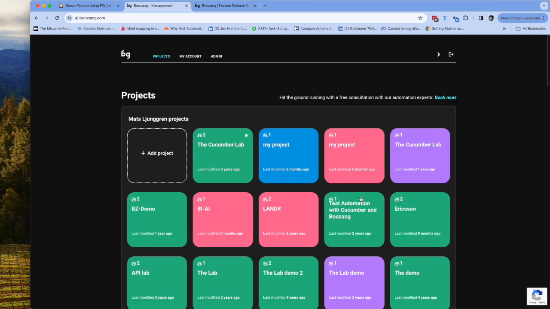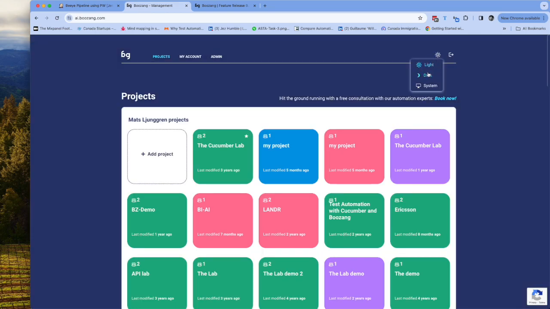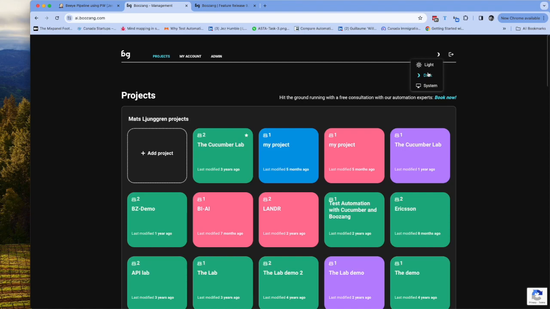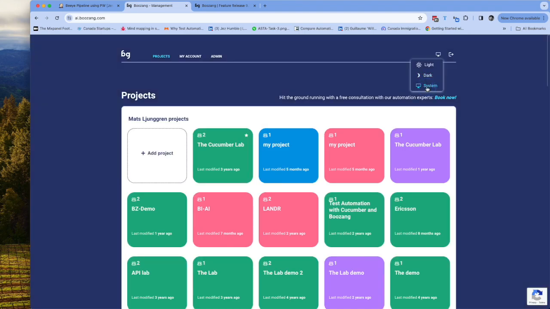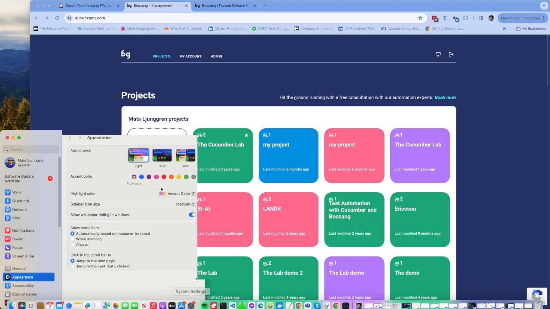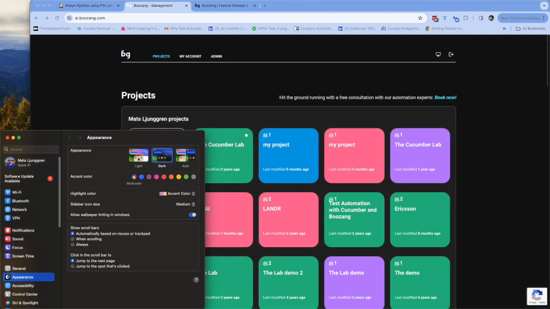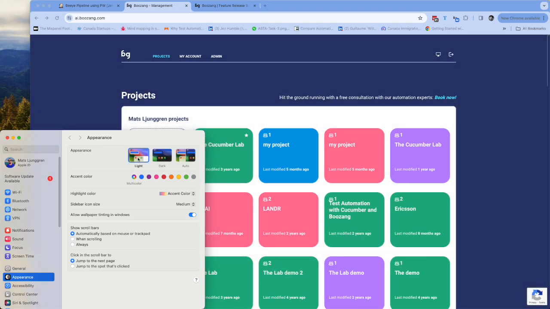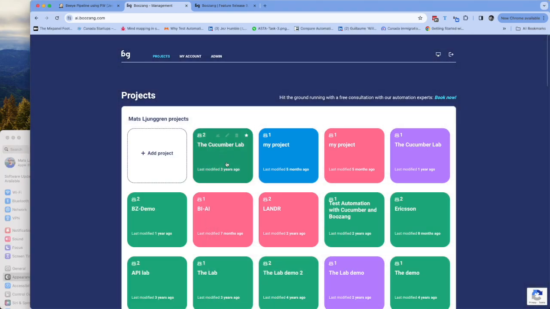Another thing we've done is that we've also introduced a little bit clearer light and dark mode, and we've also redone the colors both for light and for dark mode. Okay, so that's a little clearer. We also made it clearer that if you want to follow your system settings, you'll just do it here, and of course it will switch with your system settings, and